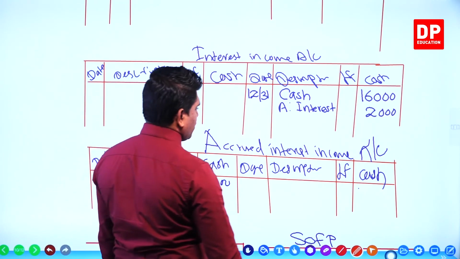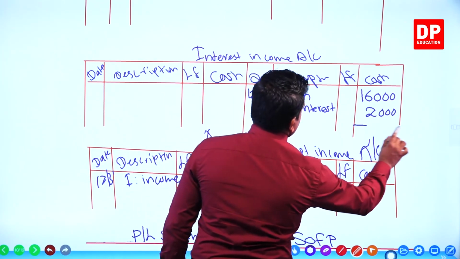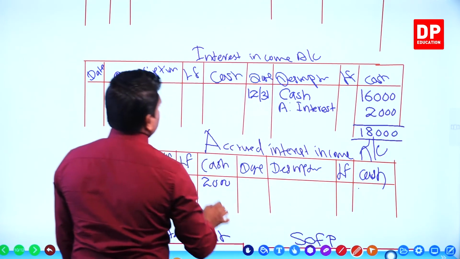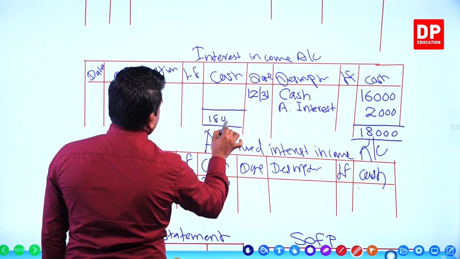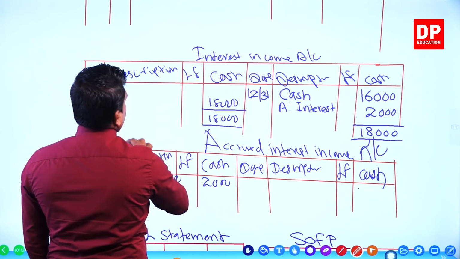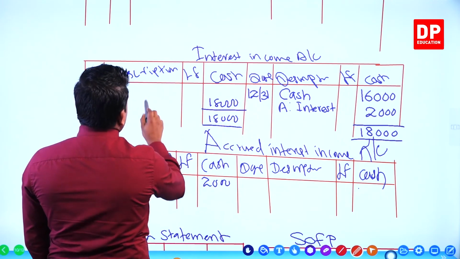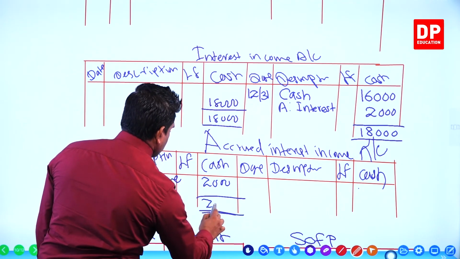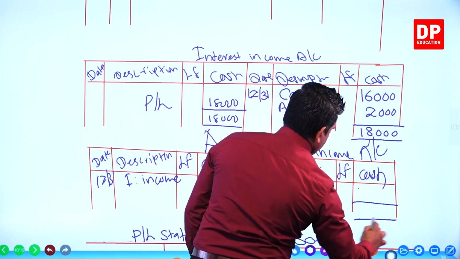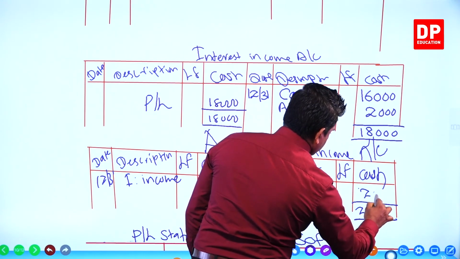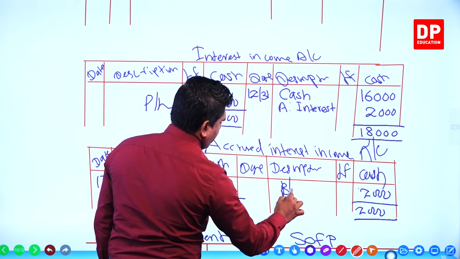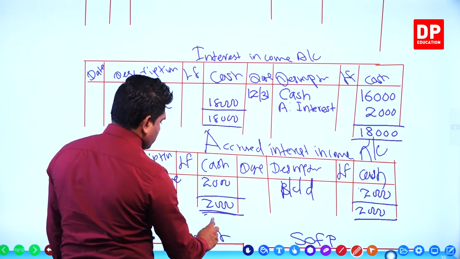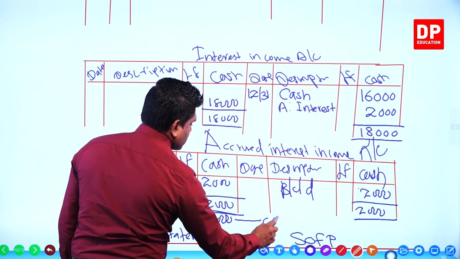Now what do you do? You balance off the accounts, right? 16,000, not the 16, it should be 18,000. 18,000. Income or expense, where? Profit and loss. It goes to the profit and loss statement, right? This 2,000 we balance off, 2,000. Here 2,000. The difference is also 2,000. Balance carried down. Balance brought forward 2,000. It goes under the current assets, right?